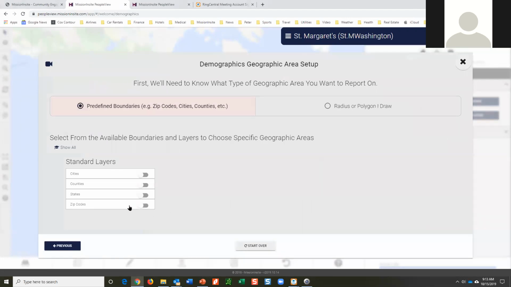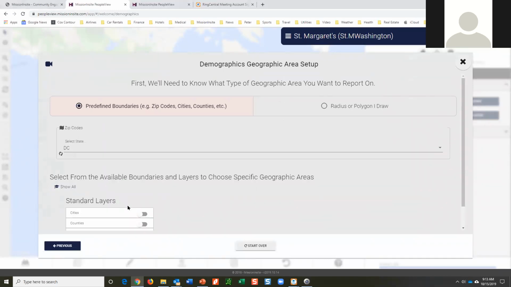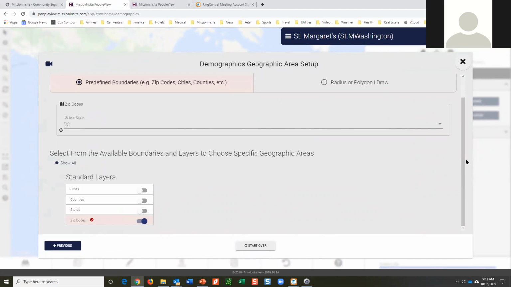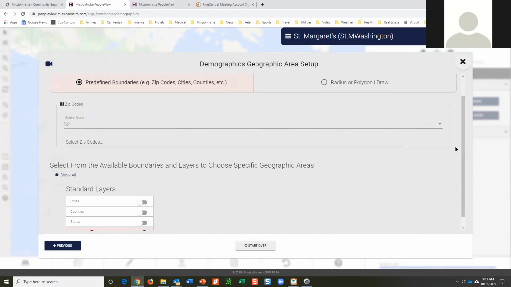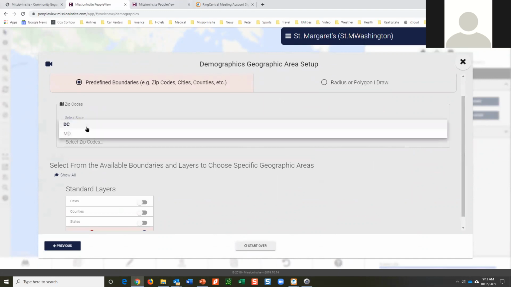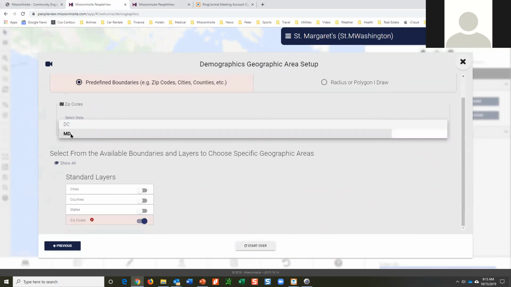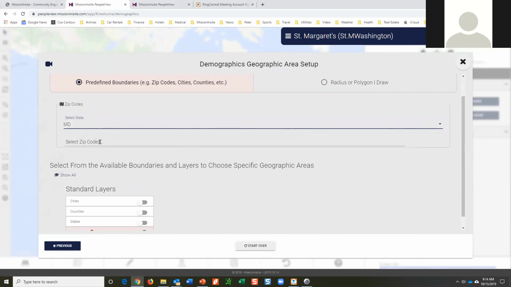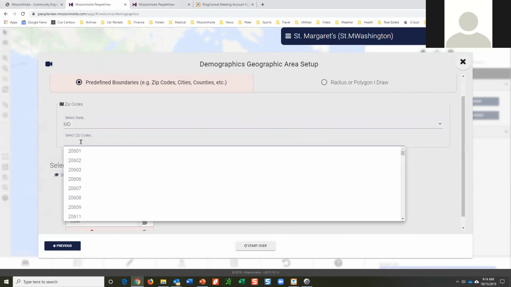And I'm going to say I would like that to be a zip code. Often people will want to know what's true about their zip code. And then it will say, okay, where is that zip code? Is it in DC or is it in Maryland? So just for demo's sake today, we'll say Maryland.